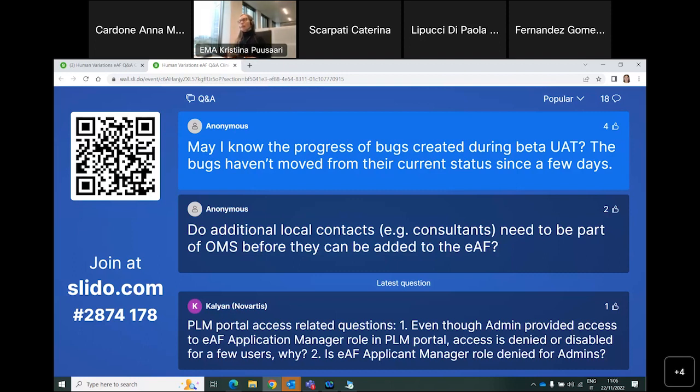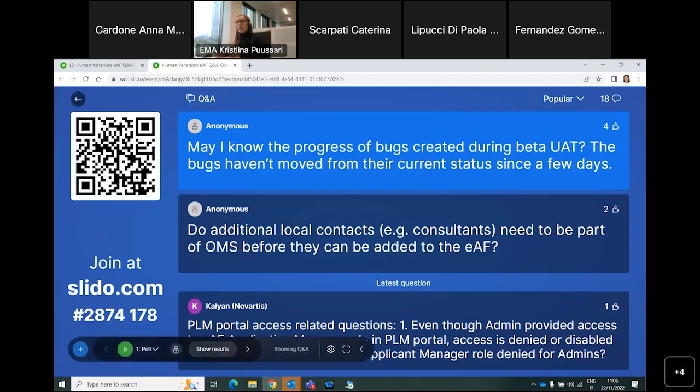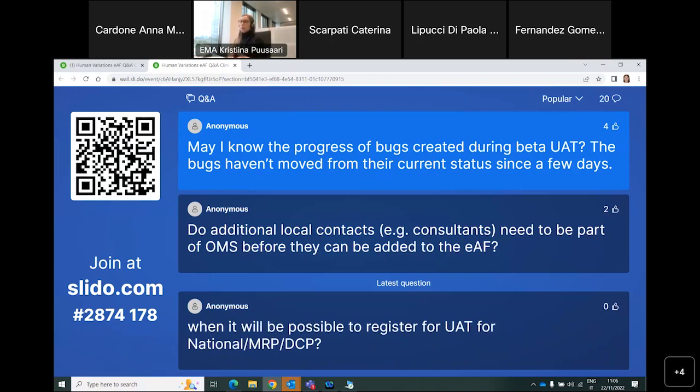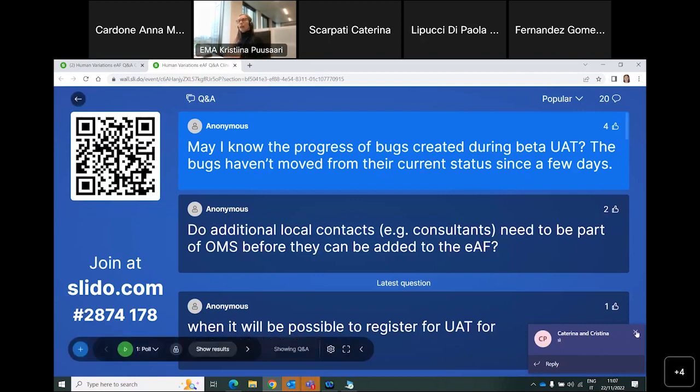The bugs that were raised in the ADO instance for that beta UAT were copied into our regular backlog. So we had a separate backlog where the UAT coordinators raised the bugs, and we have then subsequently copied them into our usual backlog where they will be picked up by the developers because they don't have access to that particular beta UAT ADO instance. So if you were participating in the UAT as a coordinator and you looked at the backlog, you won't necessarily see the status updated. However, now that we are in production, we are aiming to